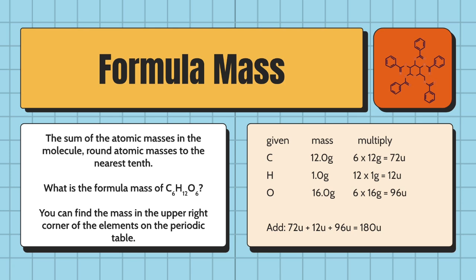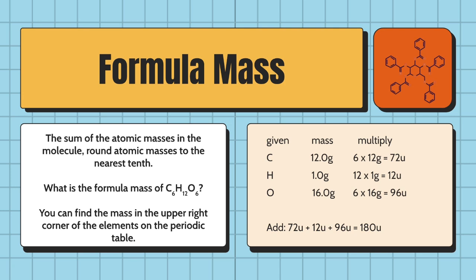It's easier to solve the problem if you organize it into 3 columns: given, mass, and multiply. In the given column, we have our given element, then we list the mass of the element in grams, and we multiply it to get U, which is the atomic mass unit. After finding out how much each element weighs and multiplying it accordingly, the weights should be added up in order